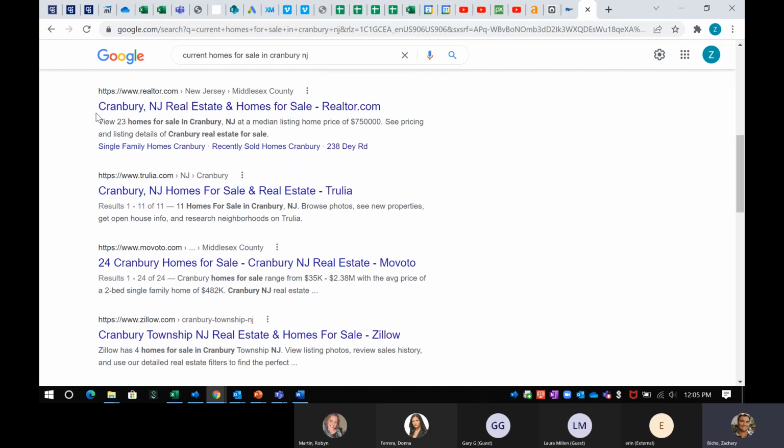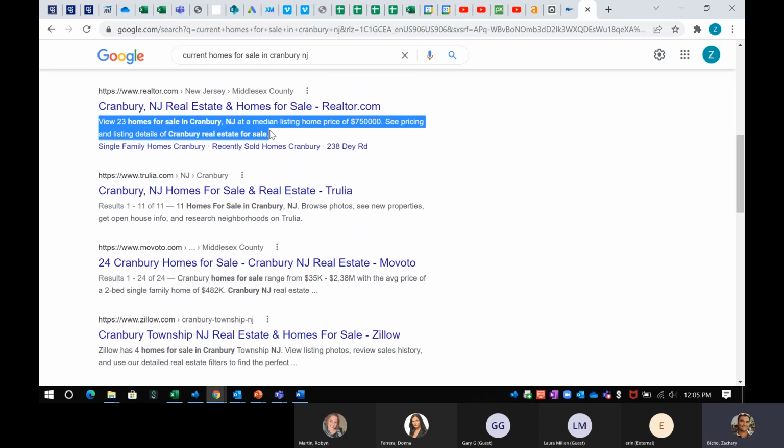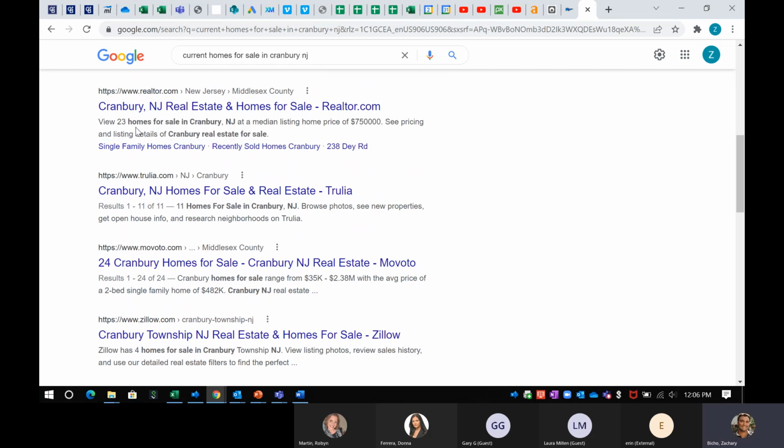We actually call this blue link here an SEO title. And below it, in this gray area, is what we call a meta description. SEO title and meta description is how we really conduct and create our SEO. So based upon my keywords that I used here, Google, our search engine, references those keywords, the keywords used in the SEO title and used in the meta description. So you can even see in our meta description